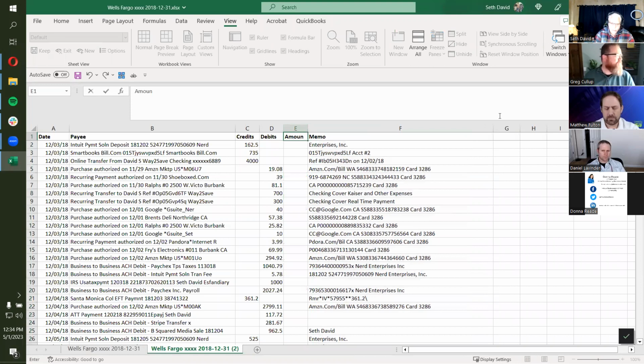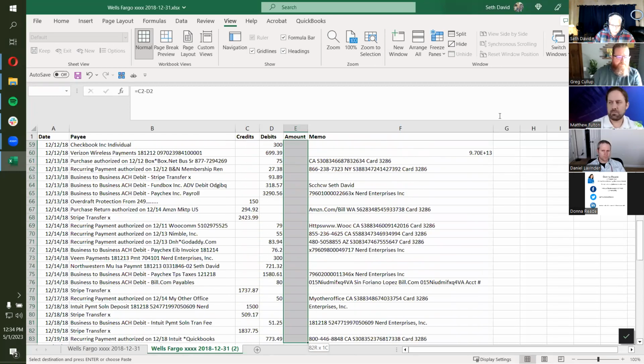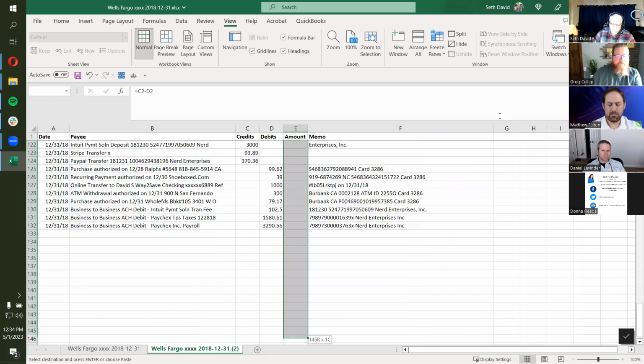So let's set up a single column for just the amount, right? This one comes down in debits and credits. I want the total amount, right? Very simple way to do this is I'm just going to take, remember, this is from a bank account. So credits are additions, debits are subtractions, right? It's not accounting debits and credits. So we take credits minus debits. And shift down arrow is what I'm doing here to get down to wherever the bottom is, and Control V